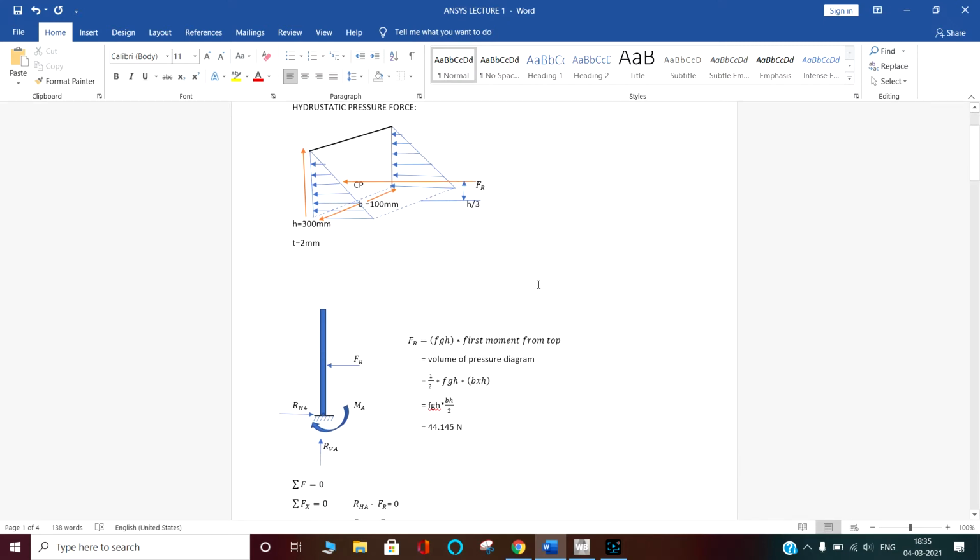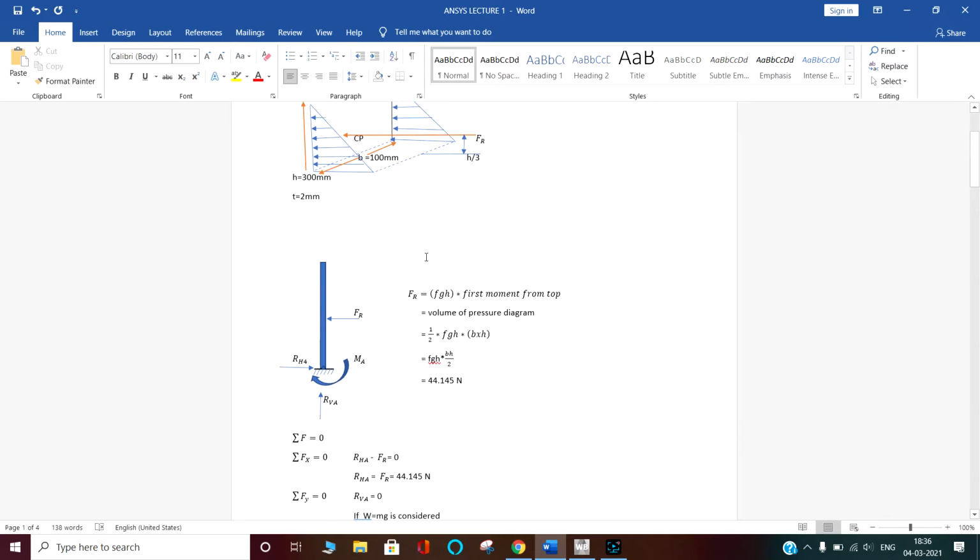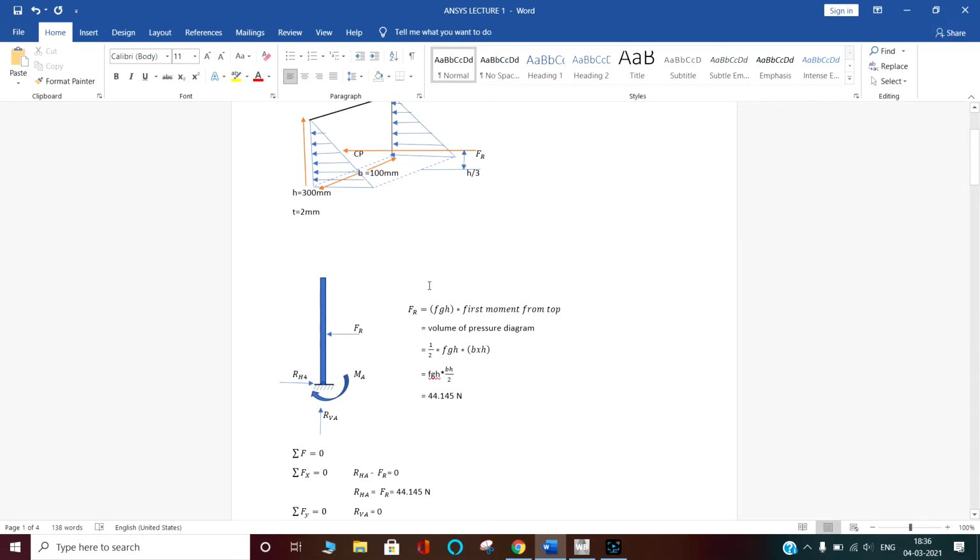So what we are going to do is find out how much stress is generated on this structural steel plate. We are going to observe the stresses, strain and factor of safety on the structural steel plate, and we have to verify the results. How are we going to verify the results, whether they are correct or not? For that, we have done some basic calculations. So first let's see those calculations.